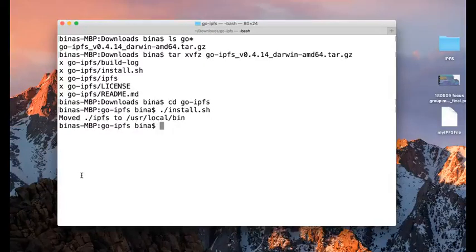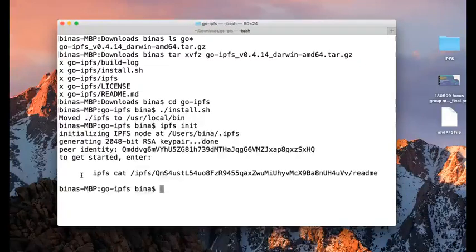Okay, so we have it here, and I'm going to initialize it. When you initialize it, you get a lot of details. You can see the identity, which is about 32 bytes, and you can see it's base58, just like in Bitcoin, so that we can accommodate more information in there.